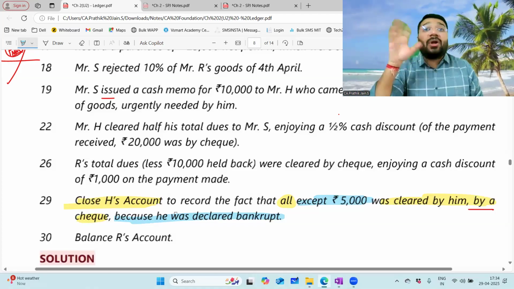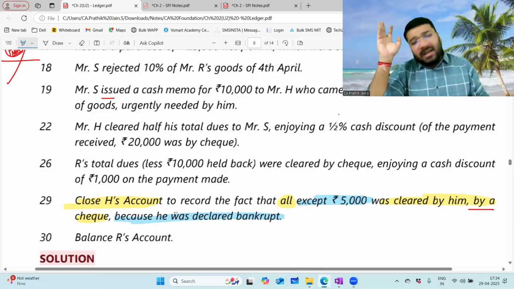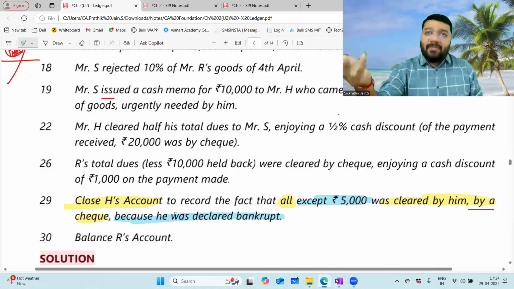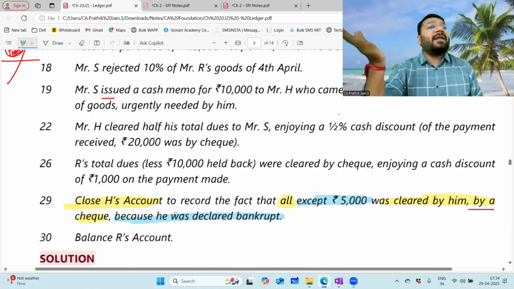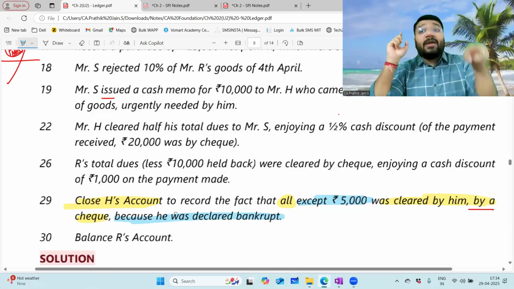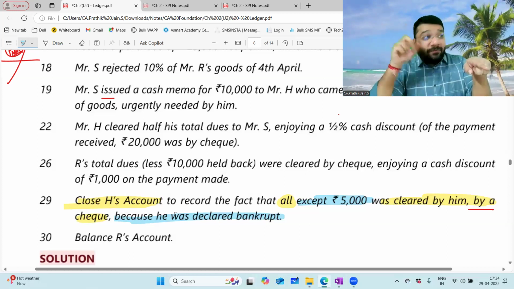Getting better at English is not a big deal for accounting. Still, it is manageable. If you don't get a hold on it, still manageable. How much will you lose? 100 marks will you lose? Full? No. 10, 20, 30 here and there you'll lose. Anyways, you'll pass. But not getting a command on the English language, if not in accounts, it can be